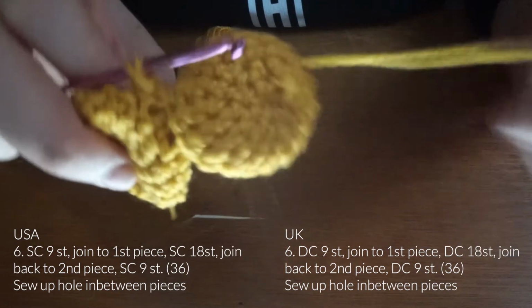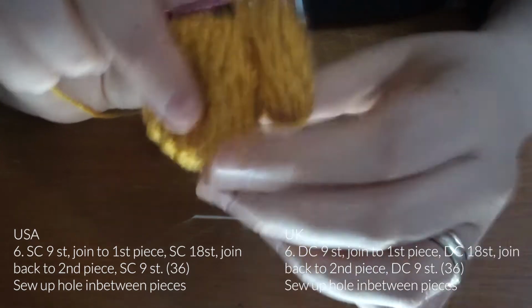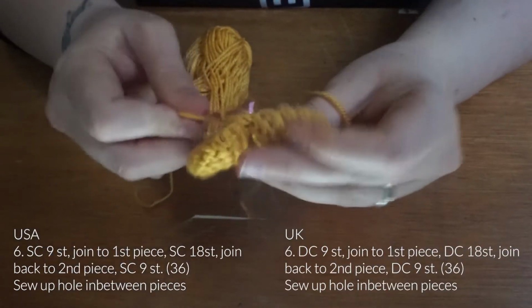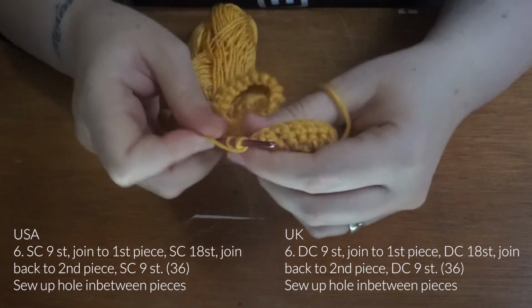obviously that's the little hole it talks about in the pattern, so I'm going to use this spare thread from the previous piece we left on the tail to sew it up in a sec. Just gonna finish this round so I don't forget to